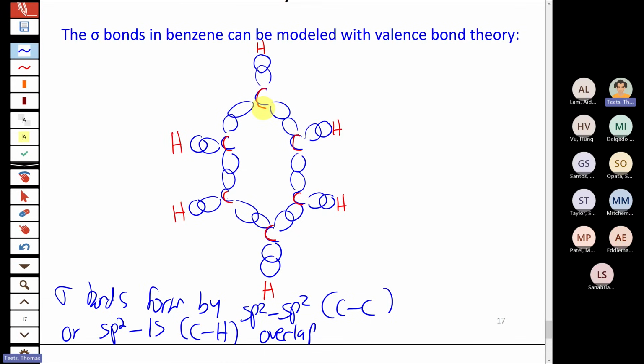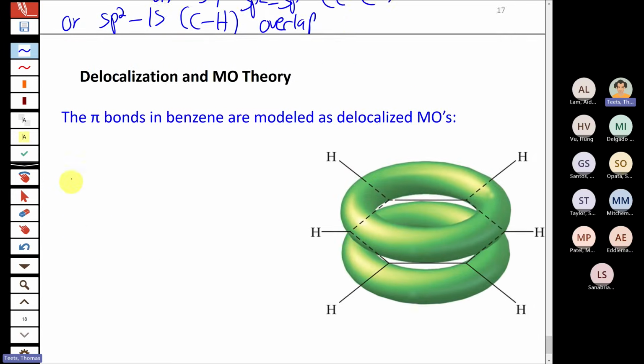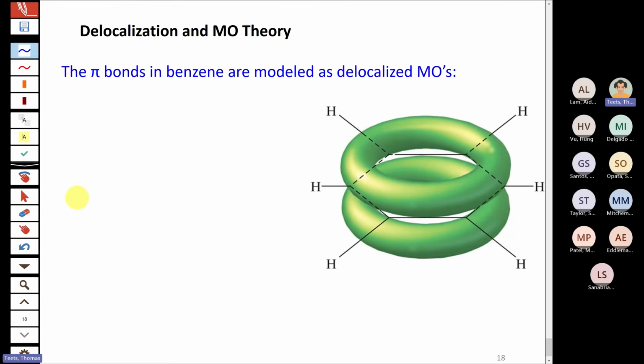So again, sometimes it's easier to think about bonding in the context of valence bond theory. So that works well for the sigma bonds. But then for the pi bonds, it's more useful to think about it in terms of delocalized molecular orbital theory. So we're not going to go through all the details on this, but basically what happens in benzene is that if you think about the carbon atoms that make a hexagon, each of the vertices here is a carbon atom, and we'll do that in red too, so you can see it more clearly. So you have a carbon there, carbon there, carbon there, carbon there, carbon there, carbon there.